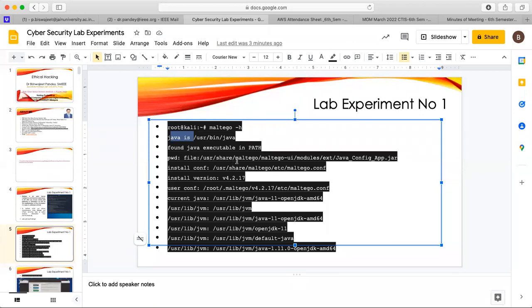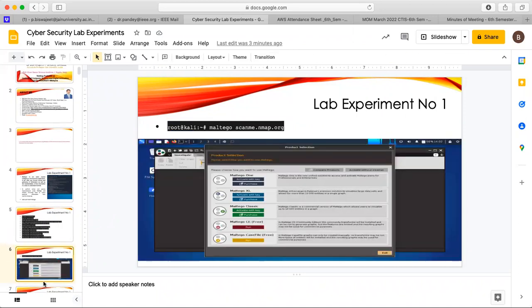Present working directory is this. Installation configuration is this. Installed versions of Maltego is this. User configuration is root Maltego, maltego.conf. Current Java is Java 11 OpenJDK AMD64, and we get so much information. So after installation,